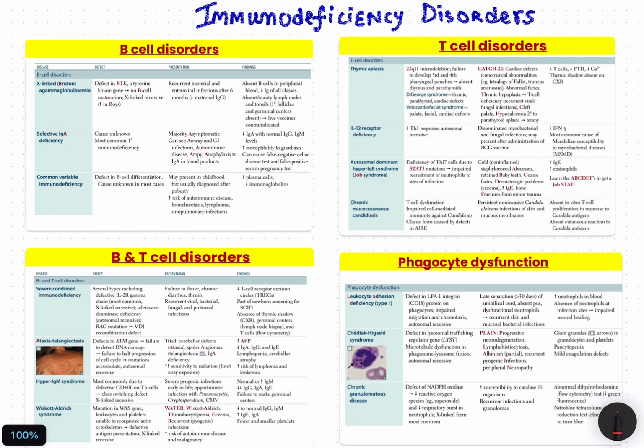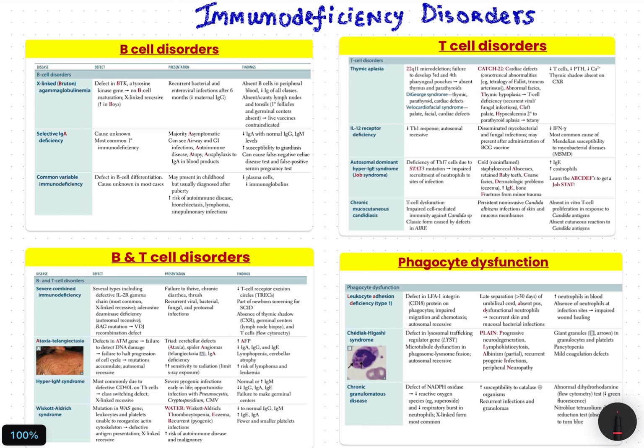Today we'll be talking about immunodeficiency disorders. We have primary immunodeficiency disorder and secondary immunodeficiency disorder. The primary immunodeficiency disorder can be innate or adaptive. The secondary immunodeficiency disorder is secondary to HIV, cancer, or chemotherapy,